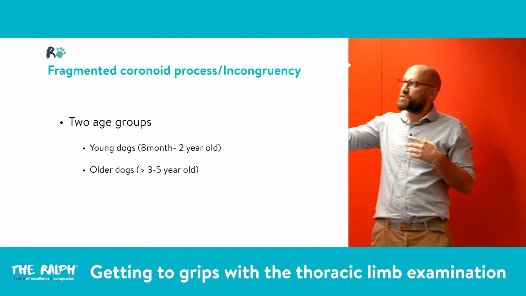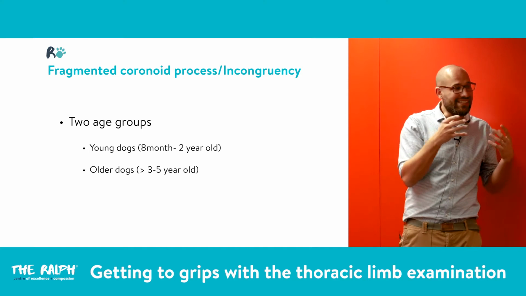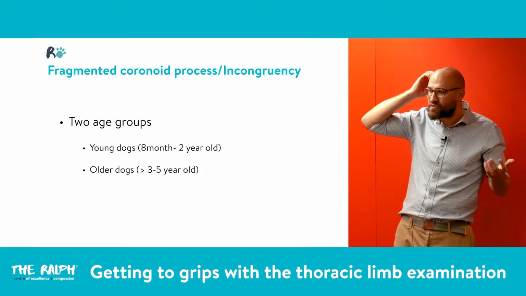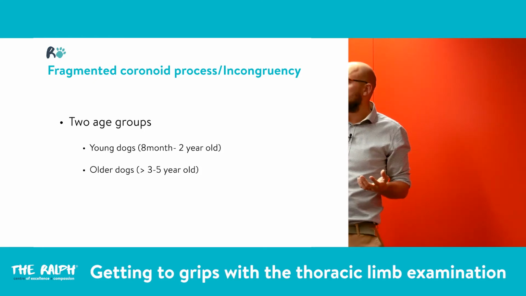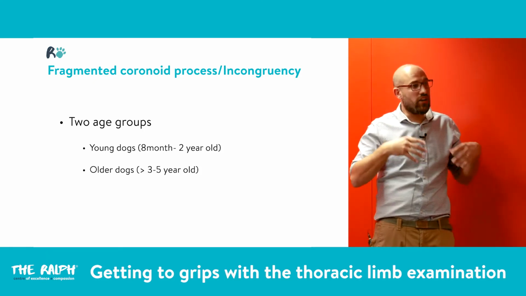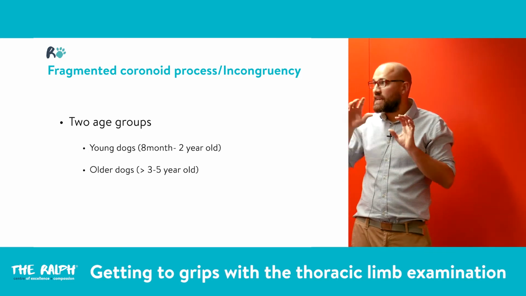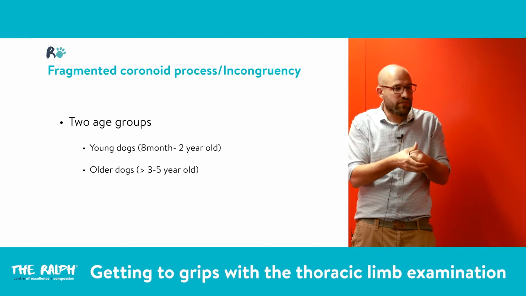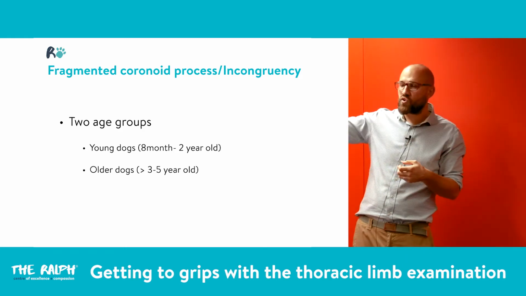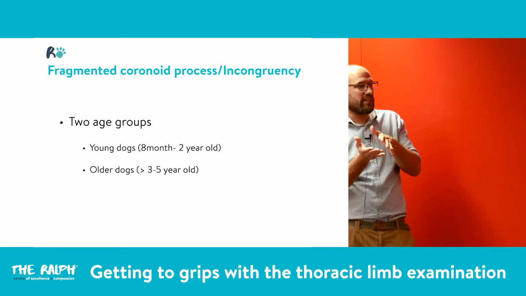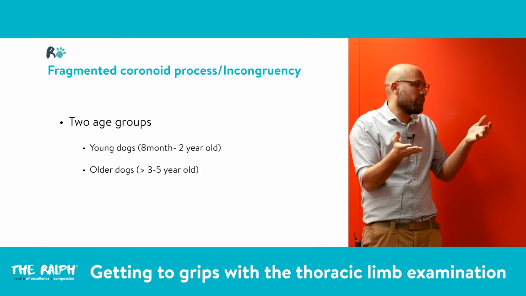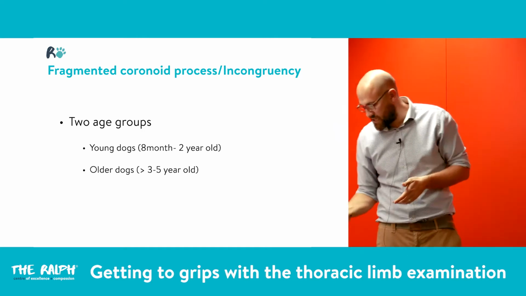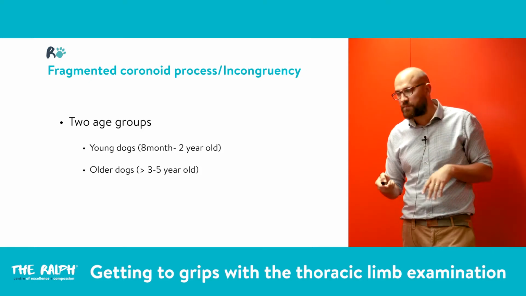Usually the fragmented coronoid process is something that is in young dogs. Okay, so dogs that are anything between 6 months and 2-3 years old. And the incongruency is something that I tend to see in older dogs. So again, the first one in young dogs is a loose bone, a loose fragment, a broken arm. Instead, an incongruency usually tends to lead to a lot of cartilage damage and a naked bone, because pretty much all the cartilage goes and you end up with a naked bone